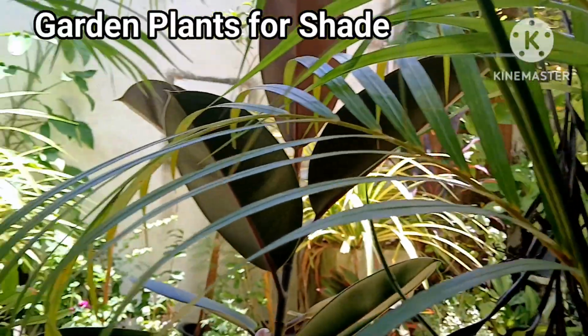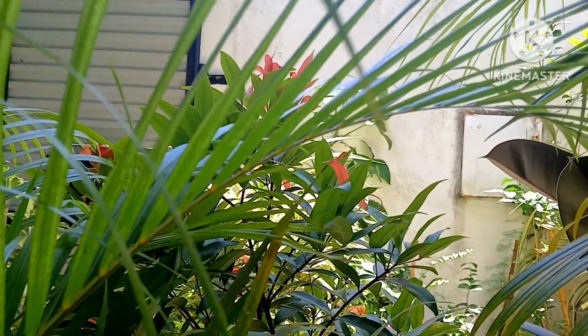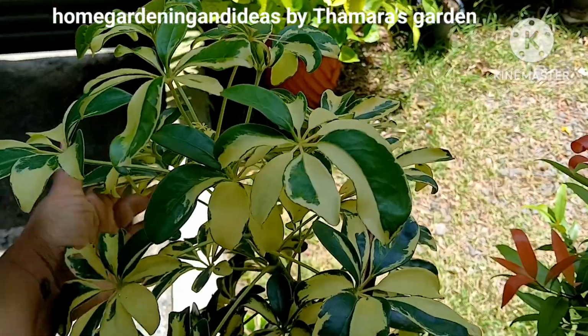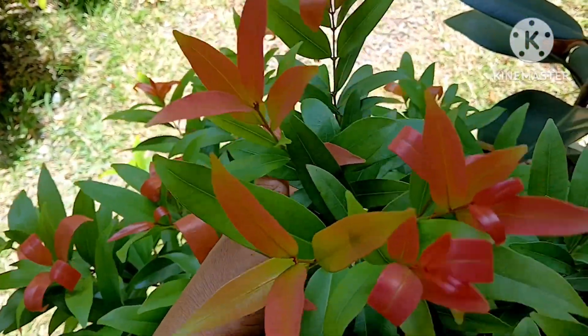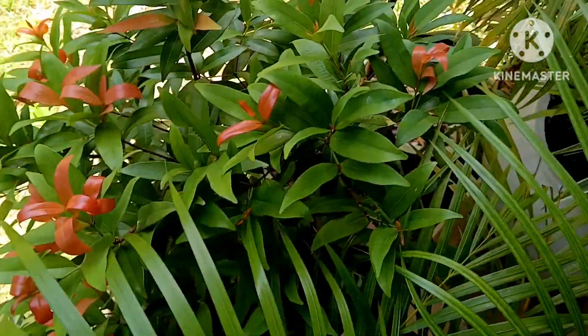If your garden is not getting enough sunlight, these are the plants that you can simply grow in your garden. Shade loving plants, and you can grow these plants very beautifully. They will give you a better look than adding flowers to your garden. So if you can't grow flowers, no problem friends, let's grow these beautiful house plants which give a very attractive